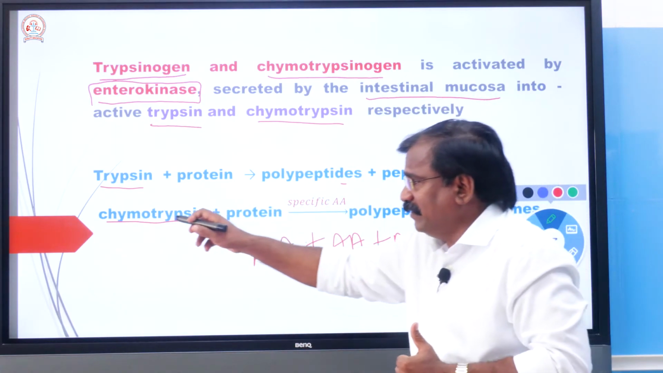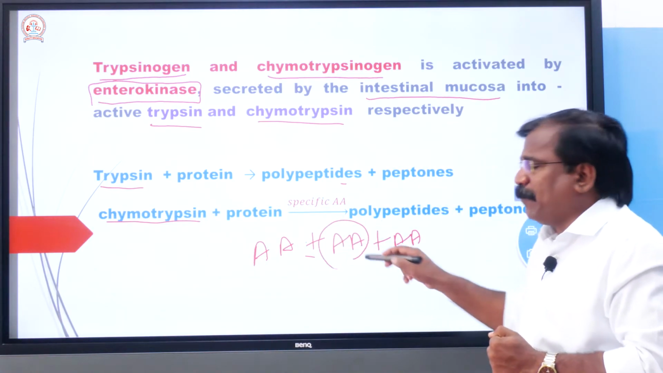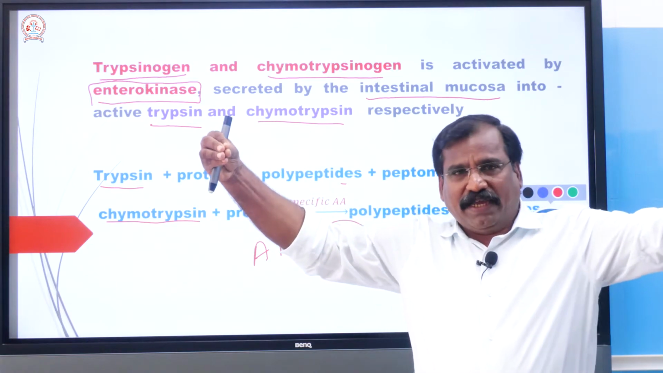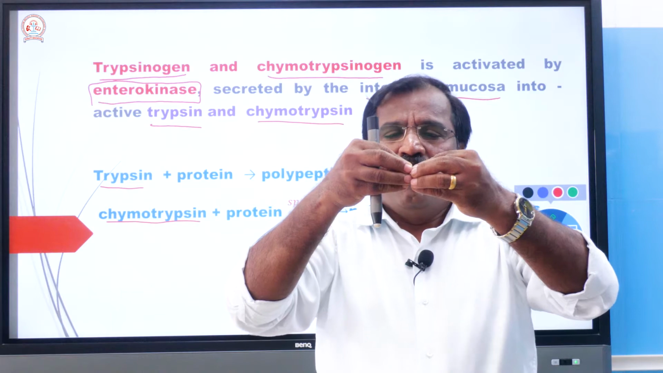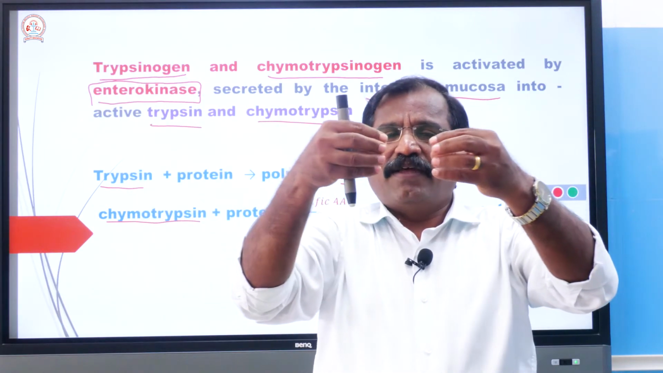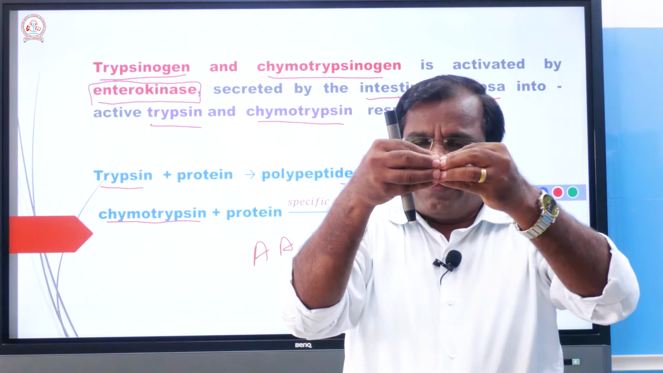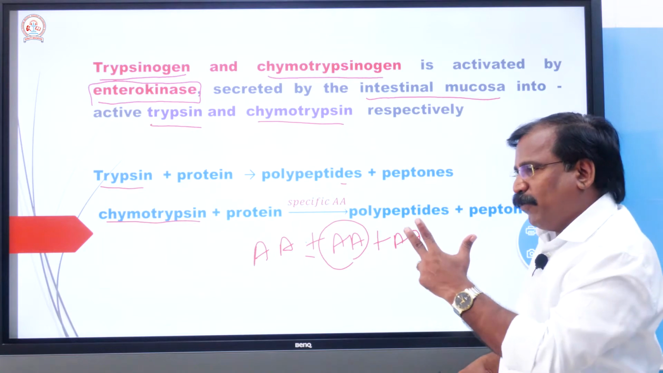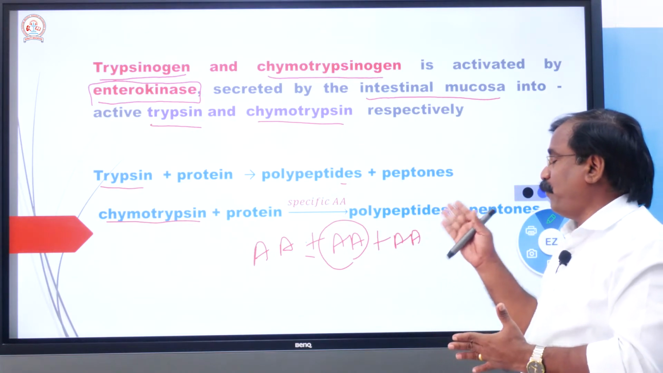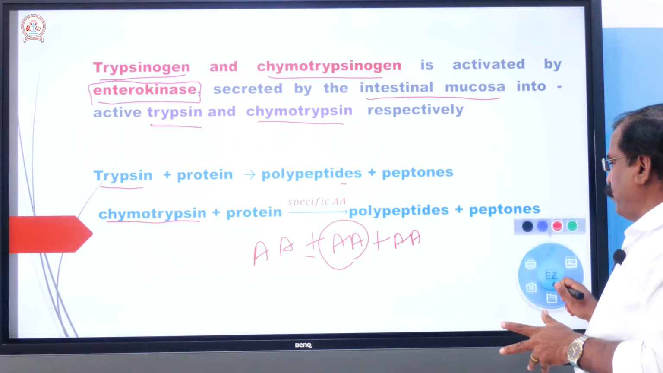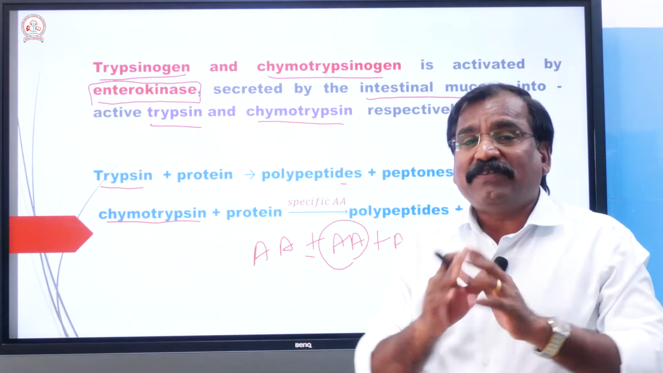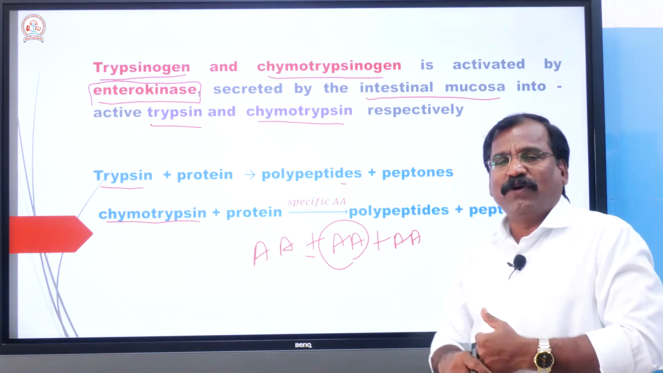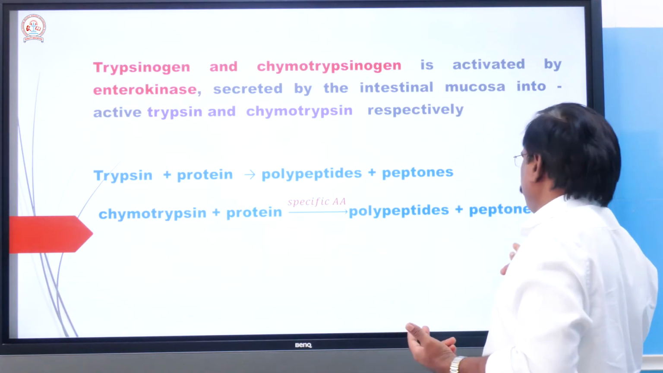And chymotrypsin acts upon some specific amino acids and breaks them off. A protein is technically also known as a polypeptide chain: amino acid plus amino acids joined by peptide bonds form a long chain-like structure. From the polypeptide chain, it breaks certain specific amino acids, so it is broken into polypeptides and peptones. Both are proteolytic, but chymotrypsin acts upon specific amino acids and removes them from the polypeptide chain. Okay, the next